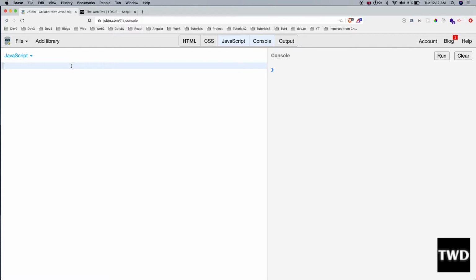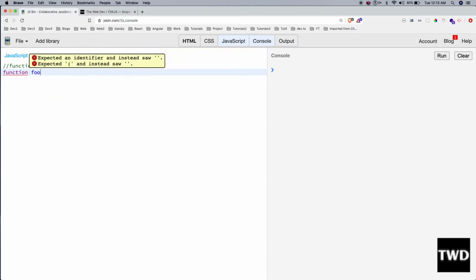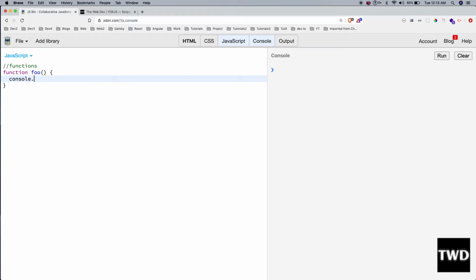And as you know, functions are basically first class citizens in JavaScript. Again, I'm using JSBin and opening the JavaScript and console. So why are functions called first class citizens? For a reason. See, in most languages like C++, if I go to functions, I can do something like this, which I am doing right now. Function foo, console.log